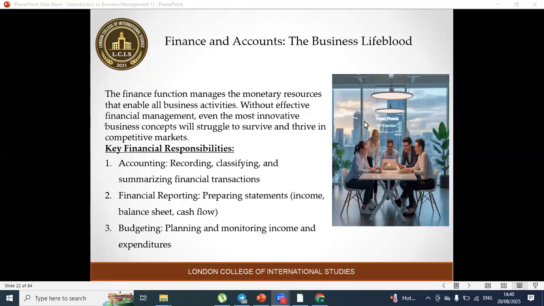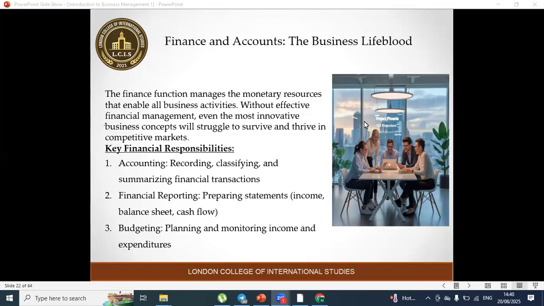The finance function manages the monetary resources that enable all business activities. Without effective financial management, even the most innovative business concepts will struggle to thrive in a competitive market. So the key financial responsibilities are: one, accounting, recording, classifying, and summarizing financial transactions;